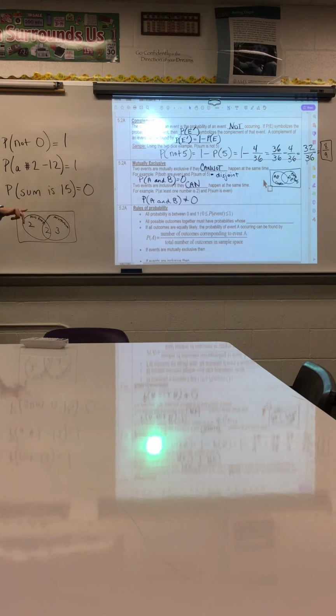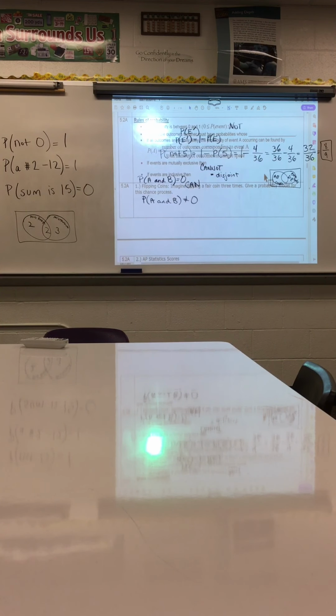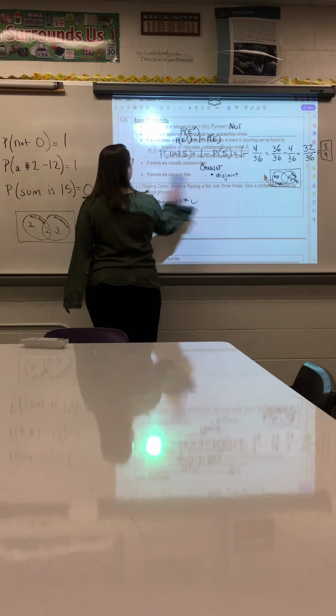All right, we have to do the rules of probability. I think we already talked about these, but I want to pull those back again. So it all happens over and over. Rules of probability. Probability is between 0 and 1. So we rewrite it as